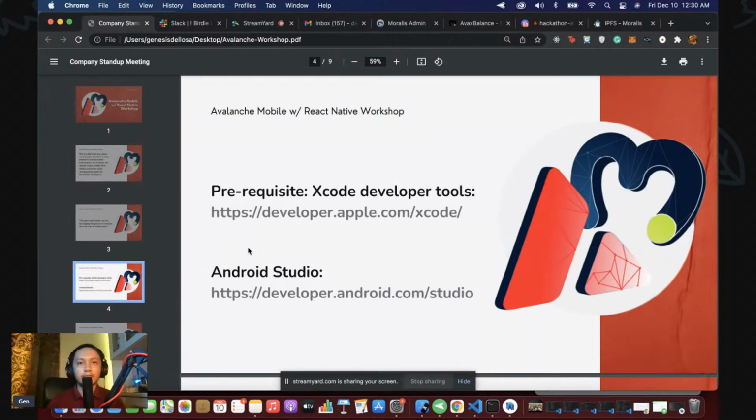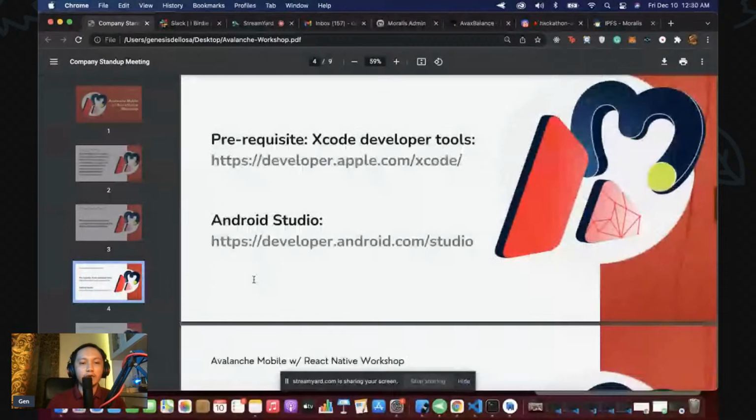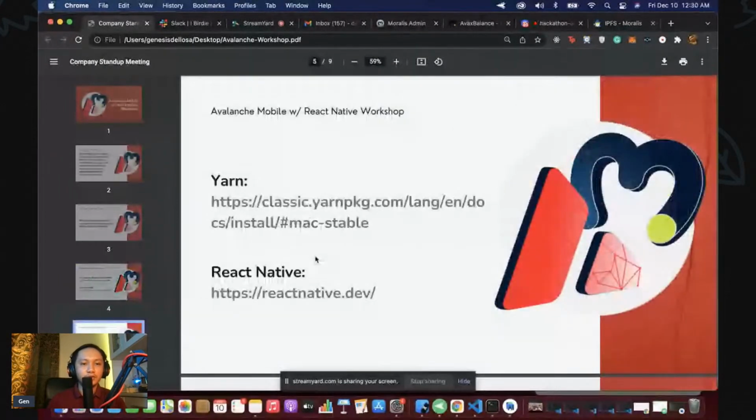So we should be installing our develop iOS apps. If we're planning to build our apps, we should be installing our Android Studio application on our machine. We should also install Yarn for our packages, and we should also look into the React Native documentation that we have on the web, so that we will have our guidelines on how to effectively use React Native